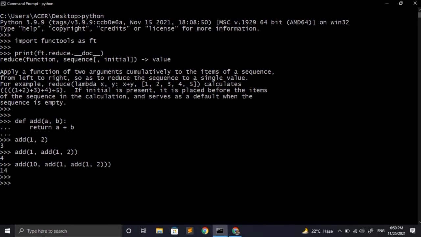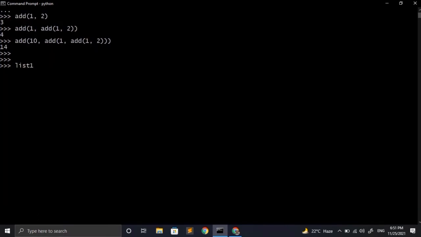Reduce function also works in a similar fashion. But it can be applied only to an iterable. So for that, first of all, let's very quickly make a list and add values to it. We know that reduce function returns a value, so to store that let's make a variable named sum, and after that we will call the reduce function.